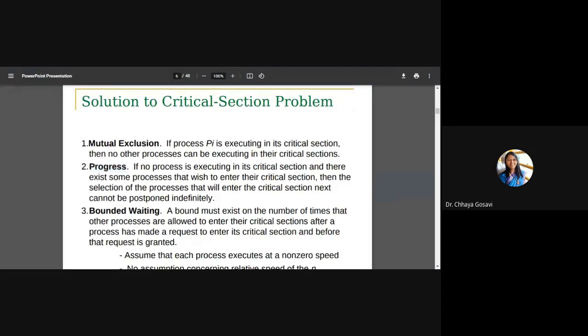Progress means if the critical section is free, if no process is executing in the critical section, and there exist some processes that wish to enter into the critical section, then the selection of the process that will enter the critical section next cannot be postponed indefinitely. That means we have,